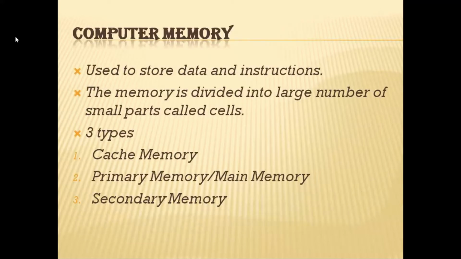Computer memory is just like a human brain. That is, it has the same functionality as the human brain. It is used to store data and instructions in the computer. Computer memory is the storage space in the computer where data is to be processed and instructions required for the